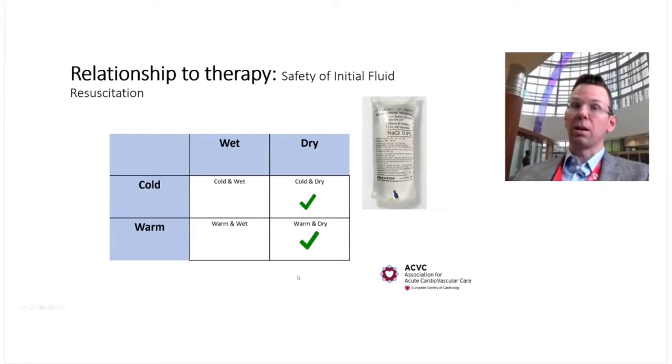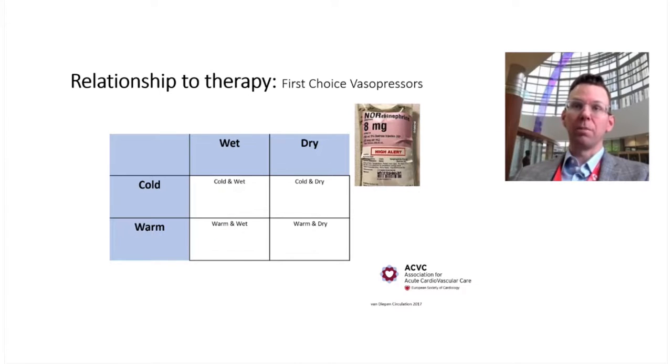When they're warm and dilated, I think fluids is an easy go. You have to be a bit more thoughtful if they're warm and wet. How wet are they, and are they likely going to respond to additional fluids? And if there's a cardiac component, you have to be a little bit more careful if they're not ventilated. And if they're cold and wet, well, I think for cardiogenic it's probably a solid no. But if you're in tamponade, for instance, fluids are a good choice. So you have to think a bit more carefully and delve down into things.